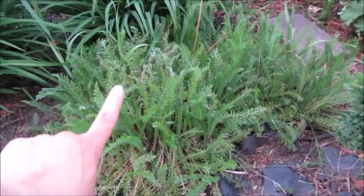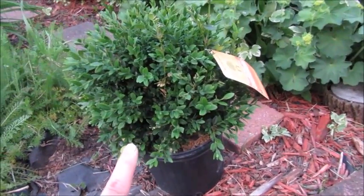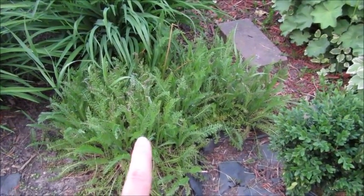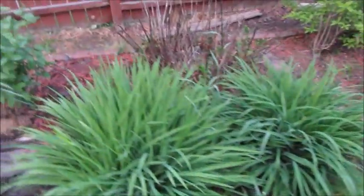But anyways, I need to take this out, and then here's the last boxwood that I need to plant. So that will go in this spot right in here, and that I'm going to cut up into a couple different pieces. So that's tomorrow's first project. Second project is